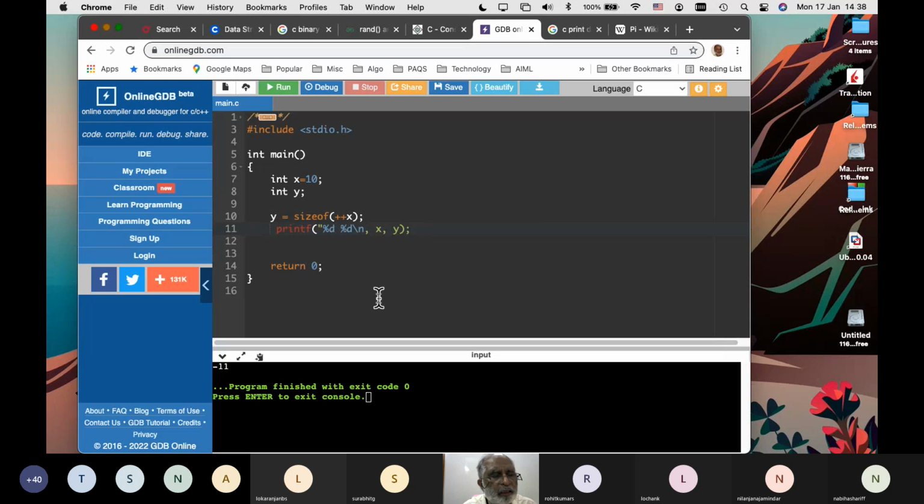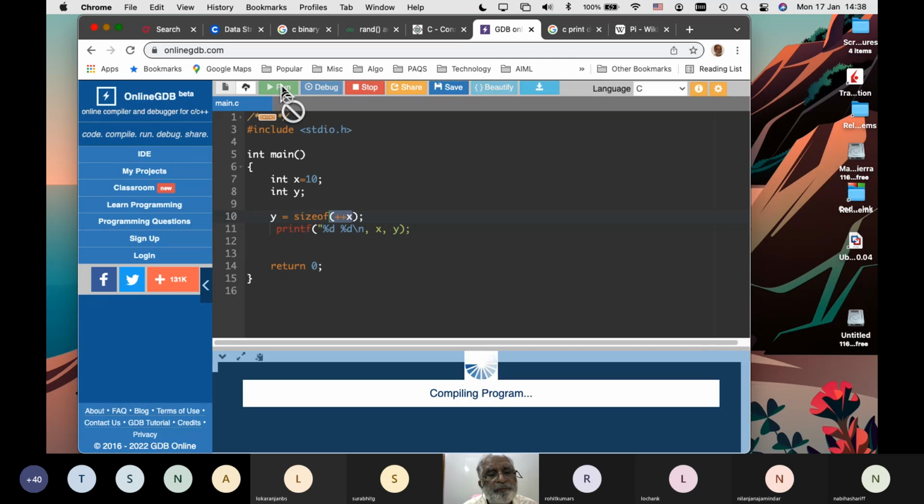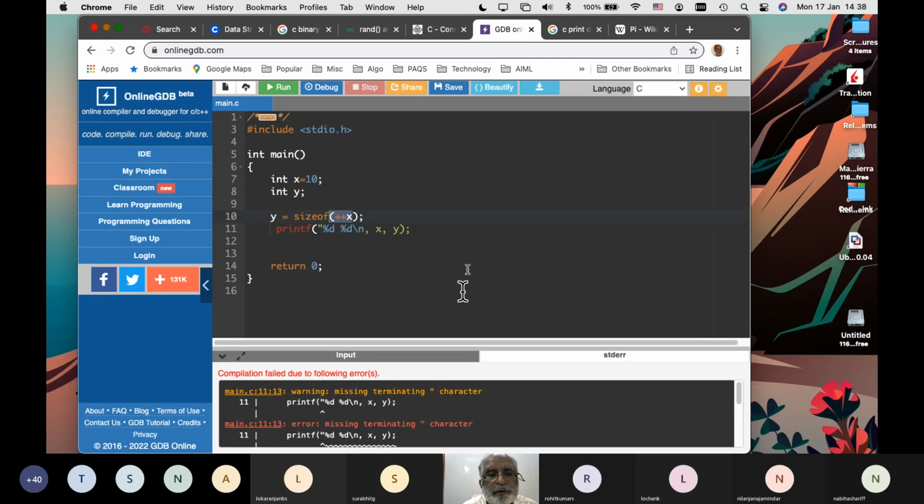Quite often when you ask the students, the answer they will give is that x should be printed as 11 and y would be printed as 4 bytes. But in this case, because sizeof is a compile time operator, it is not a function, so this never gets incremented, only the type is used. And if you run it, you'll basically see the values x of 10 and y would be,